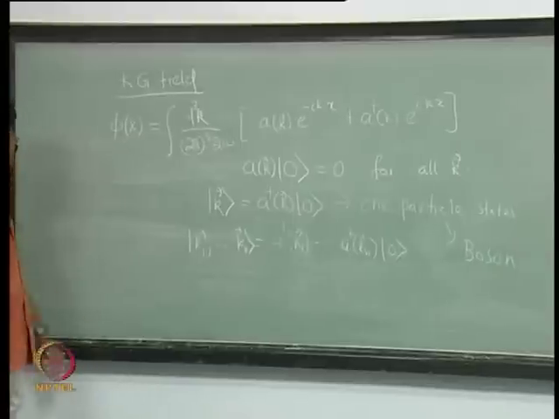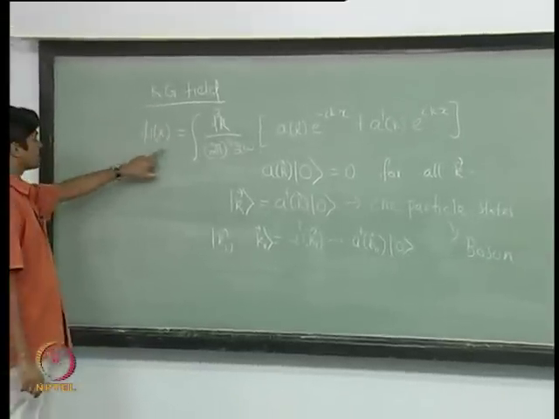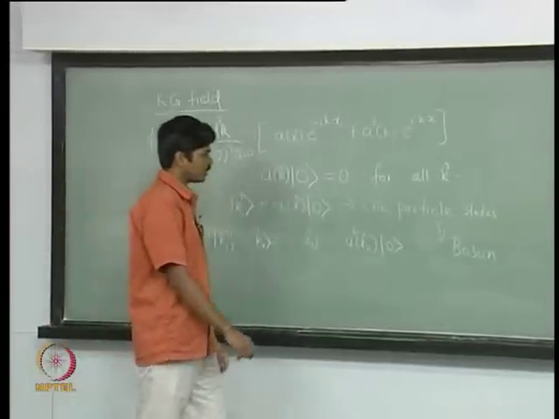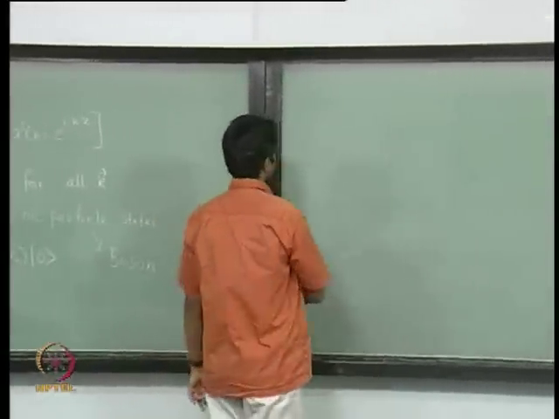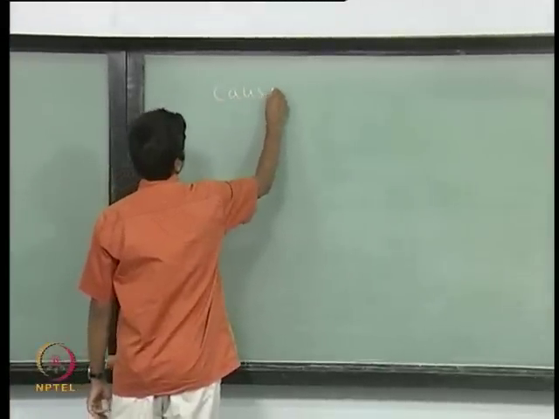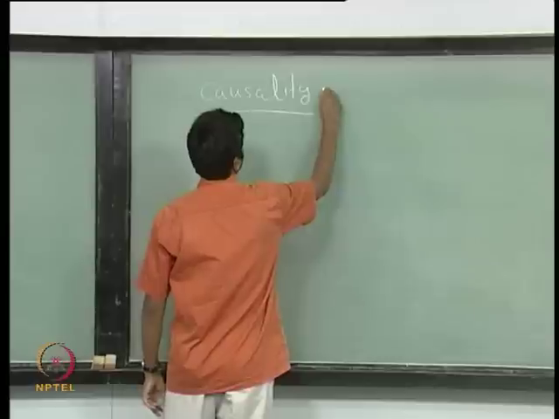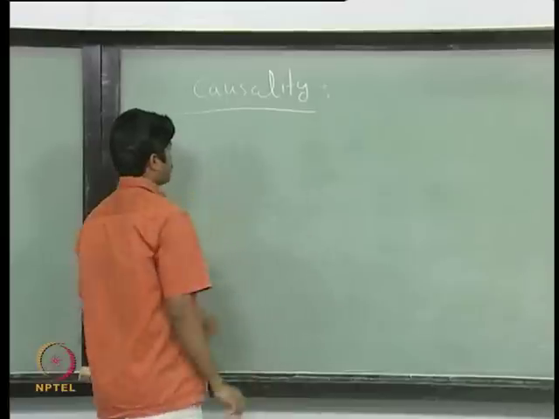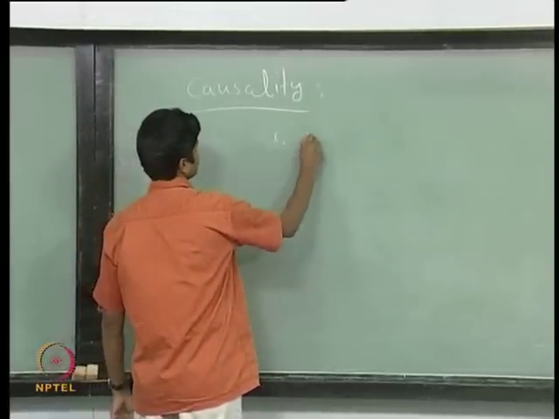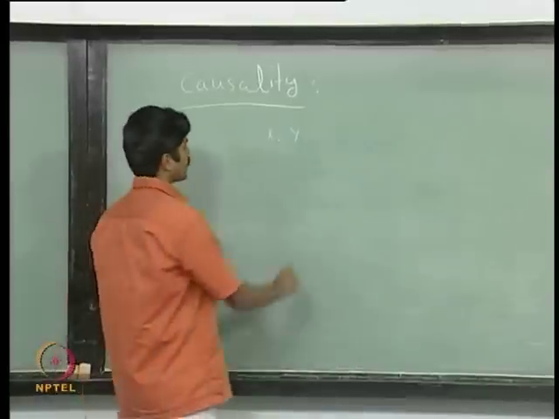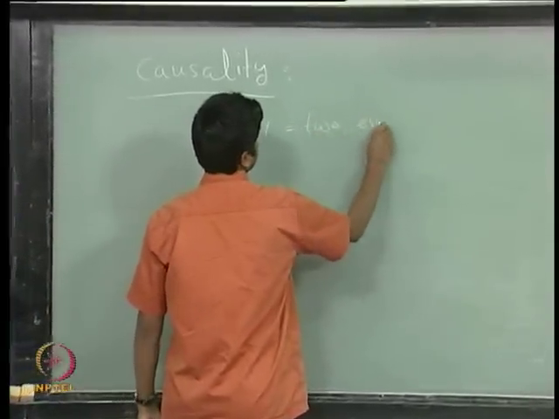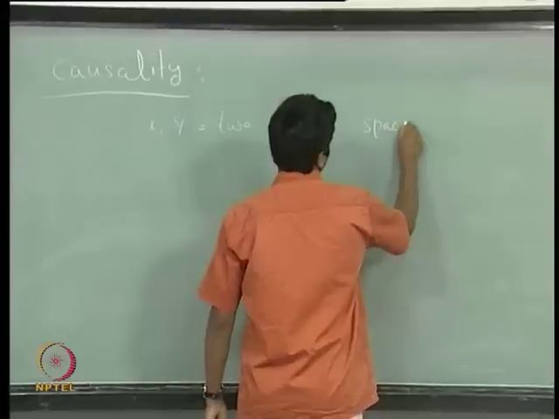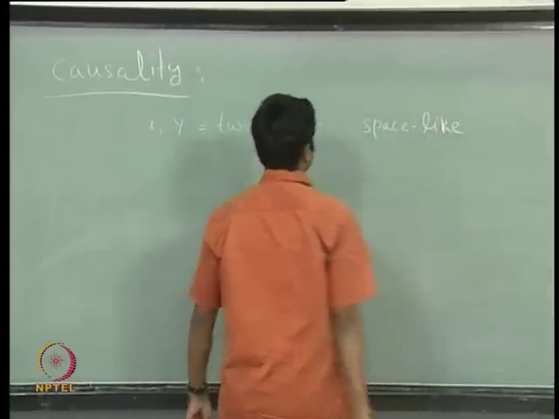So, the excitations of the Klein-Gordon field are the bosons. In today's lecture, we will discuss some of the implications. One of them is causality. Causality basically says that if you have two events, let us say one of them is x and another is y, which are separated by space-like distance from each other,